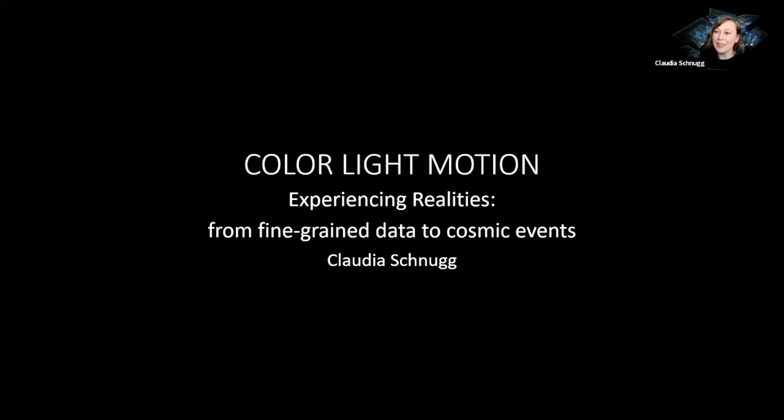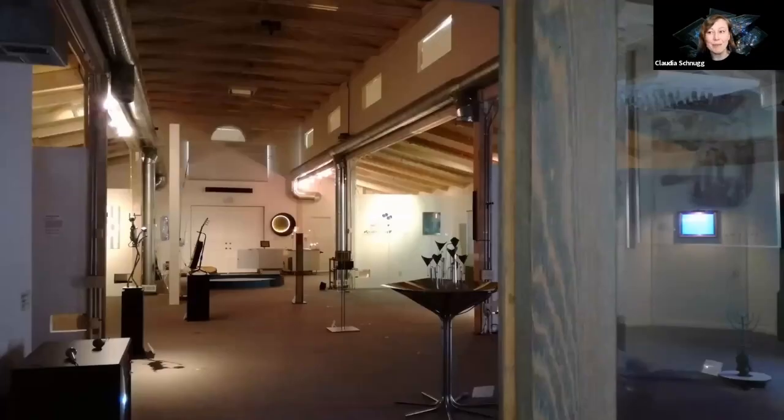And I also wanted to make this a very personal talk, or it came out to be something very personal, actually, because I went back to the images that I took when I was visiting the Bermant Foundation in 2017. And here's an impression of how it was like to look into the room with quite a few pieces turned on, and really entering the room for the first time. And it reminded me that it's